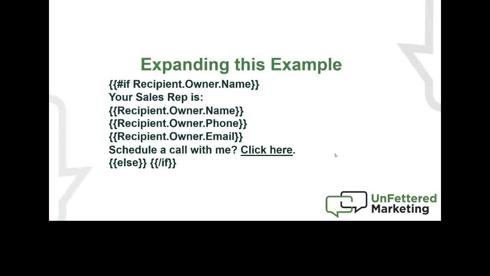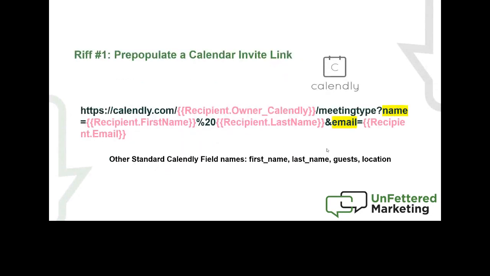The idea there is that it goes to an external scheduling software. Let's say I use Calendly. You construct this link to pre-populate the calendar invite. So I know Calendly works like this. I've done this several times. It works beautifully. So in this case, I've actually got a dynamic substitution for the Calendly URL itself. The recipient owner name in this case is